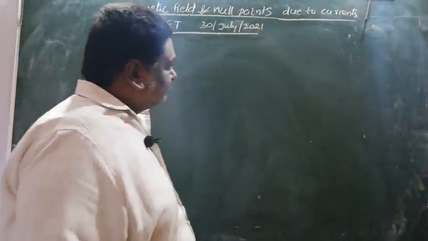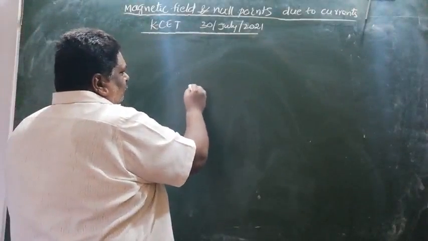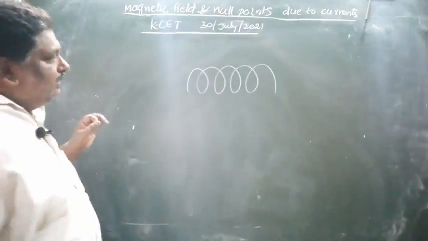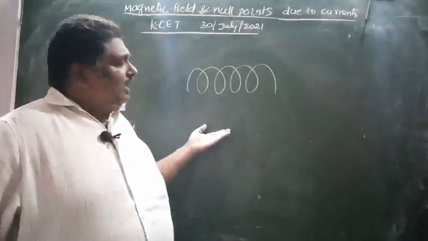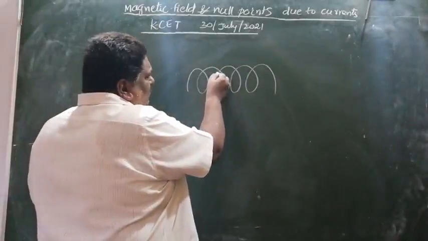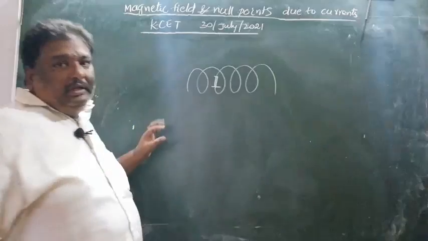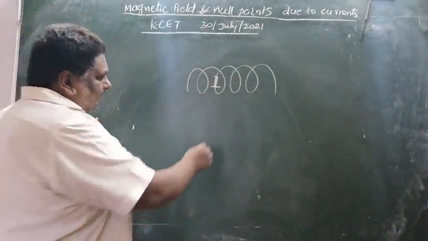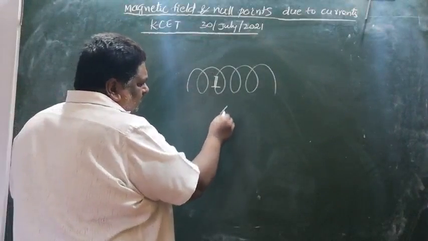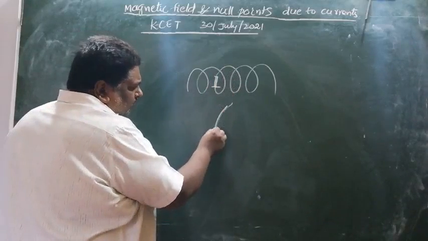Next, we have the Biot-Savart law. So, one coil is present. We call it a solenoid, electromagnet, or copper coil, etc., with different names. Okay. A small portion is taken, very, very small, here. This small portion is taken. Through it current is passing. So the full length is like this, and a small portion I have taken.